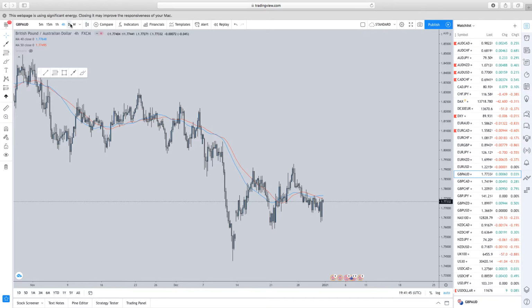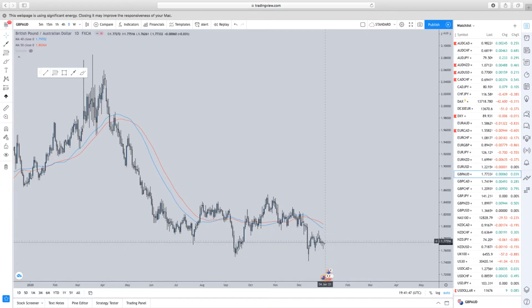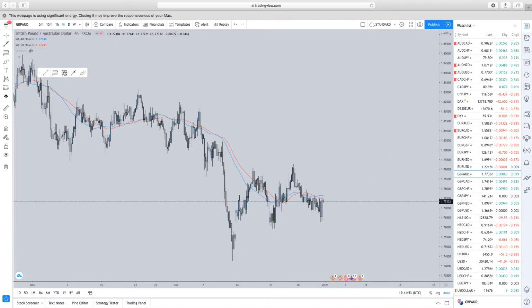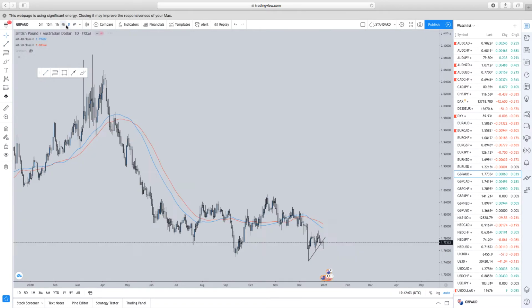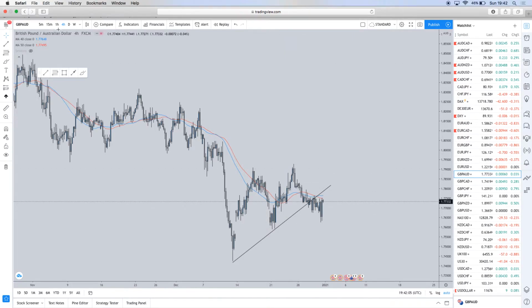So if you look at the daily, it's showing a strong rejection to the downside, and you would expect a push up. But if you look here on the 4 hour, to me it doesn't look like that. Now, I could be wrong, but I've always been caught out. 9 out of 10 times I would buy something like this and it would always go down,